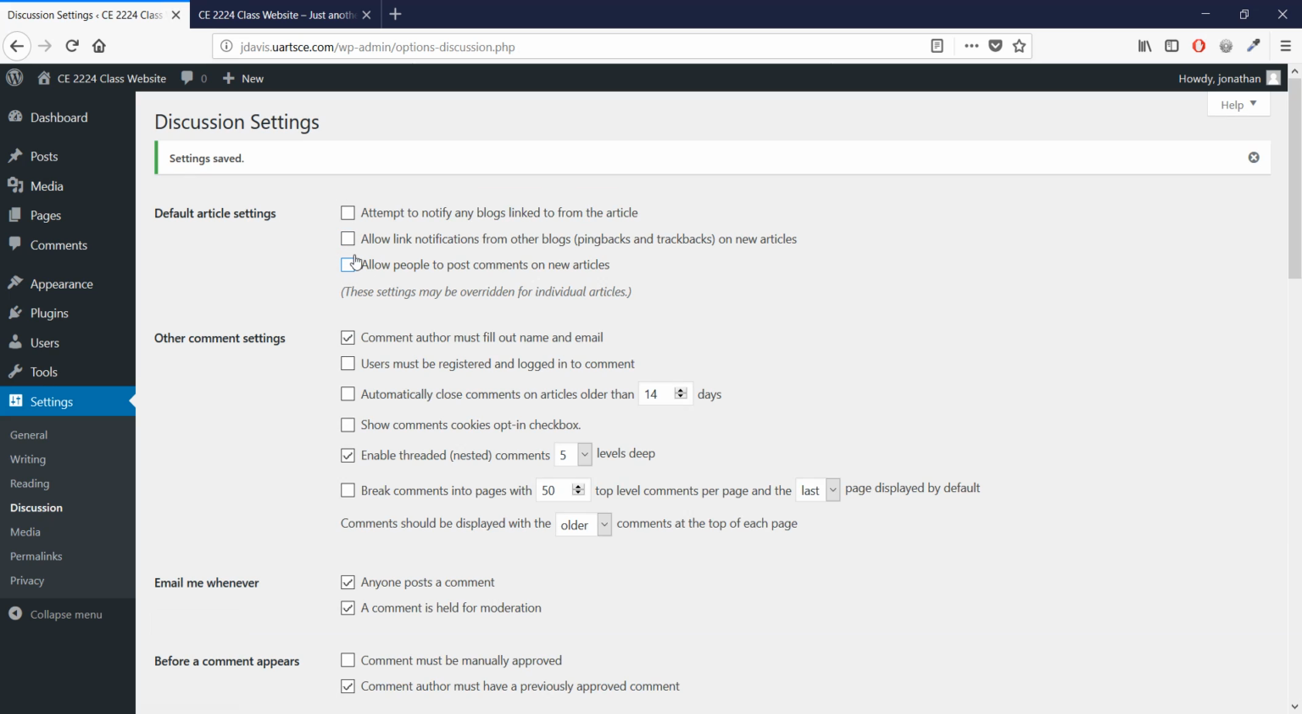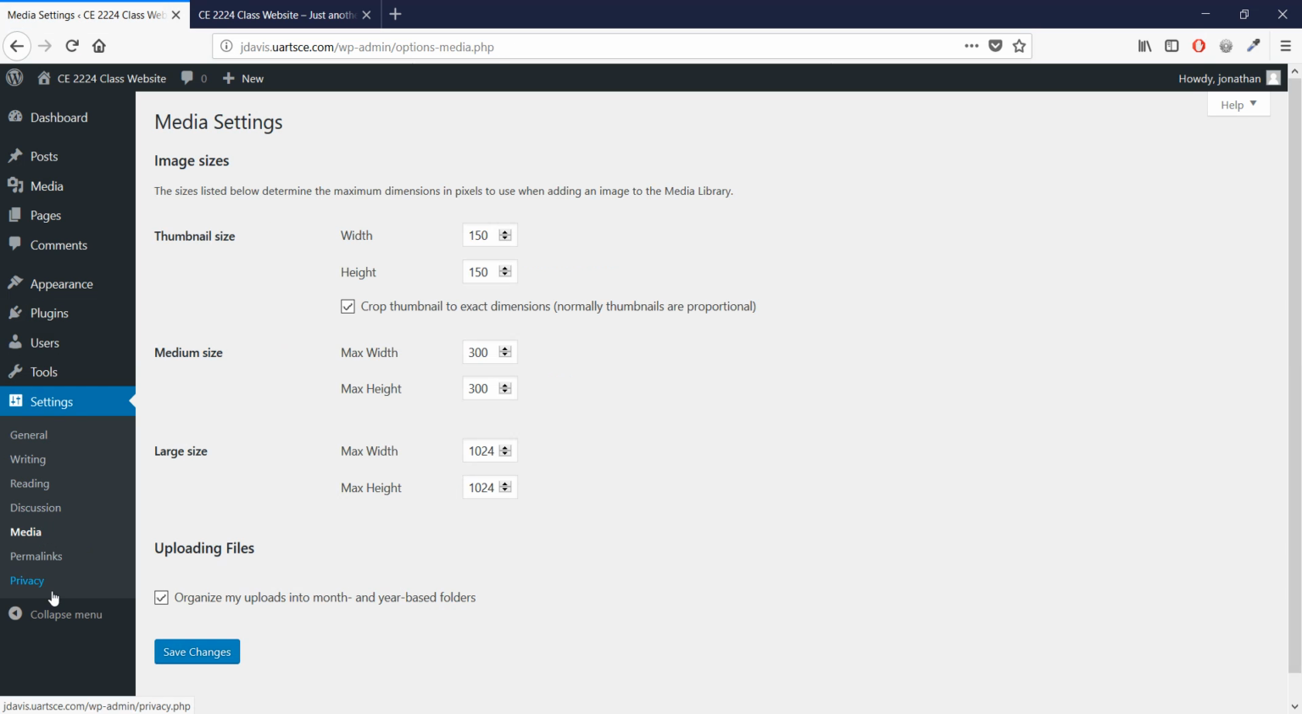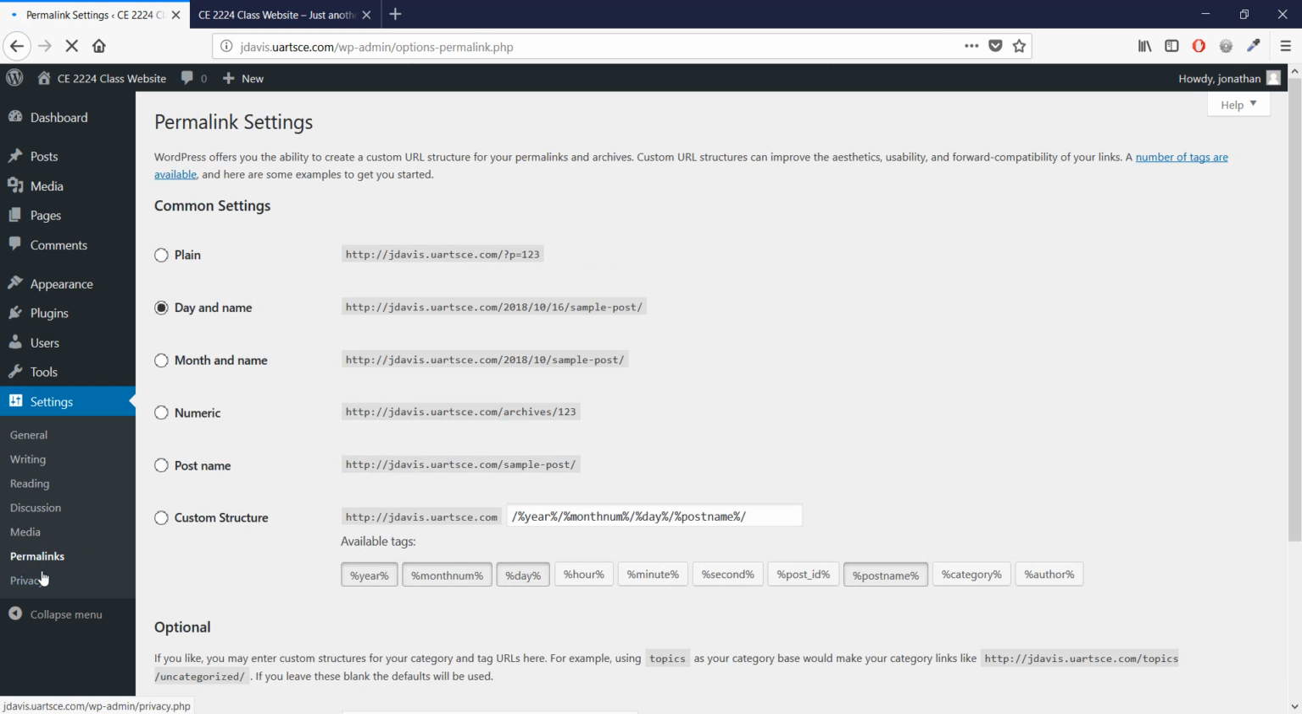So it's that second and that third checkboxes. Yeah, make sure those are both unchecked. The rest of them shouldn't really matter as long as those two are unchecked. Okay. Under media, we can keep media the same. Okay, so under permalinks, I would suggest